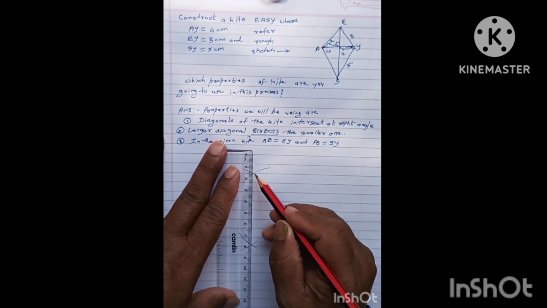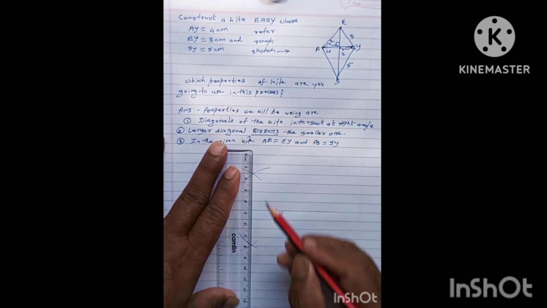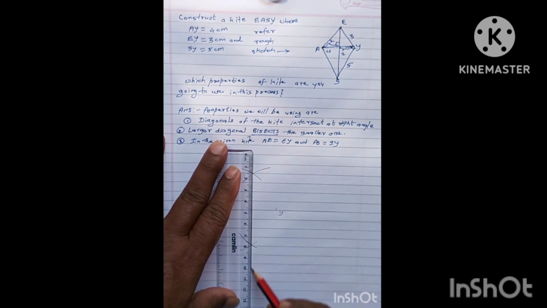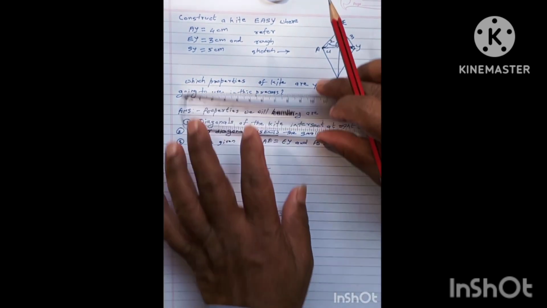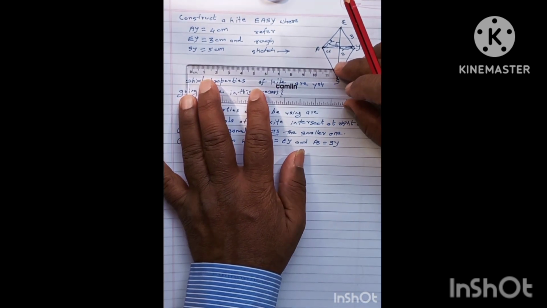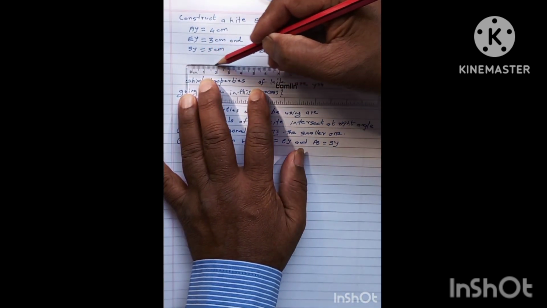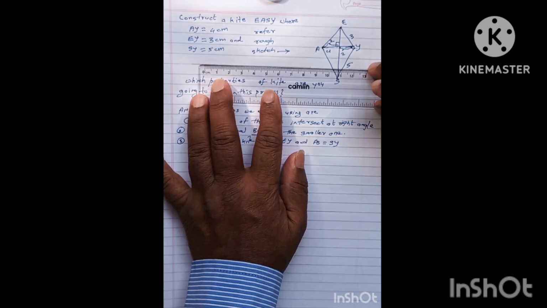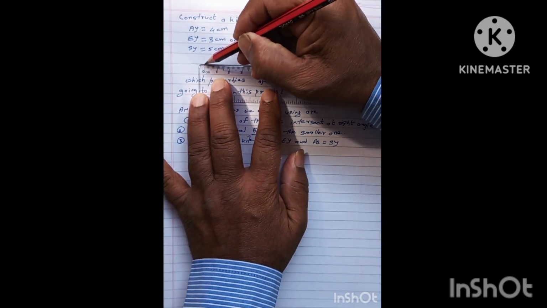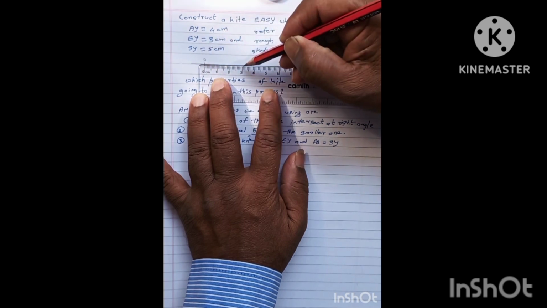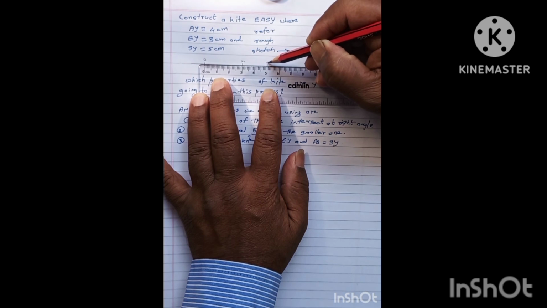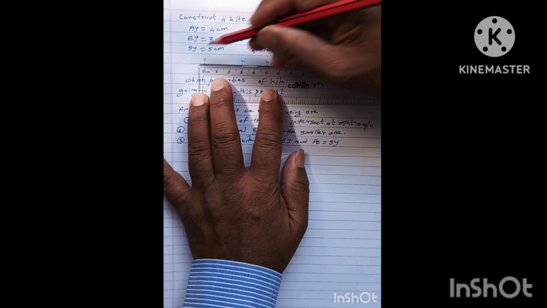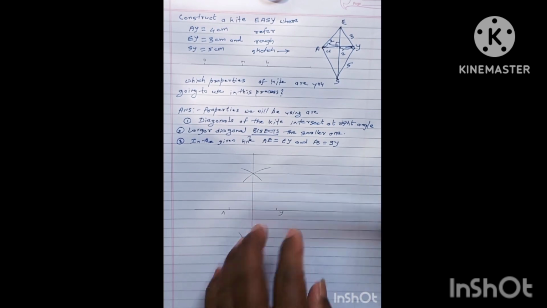You know this construction. Why more than half, or very near to A? Because you have to draw two more arcs, the intersection of the sides, and that should not clash with the other arcs. So I am taking 0 there. You will come to know this is 3 and this is 5. So you will come to know what I was talking about. I will come to the point. So this is 3 and 5 you need, and now